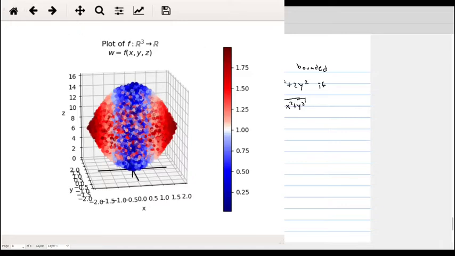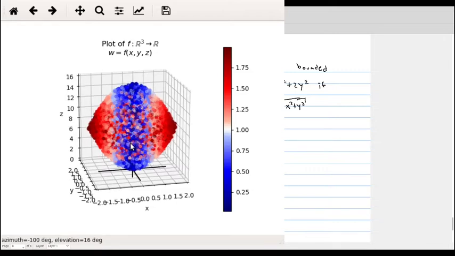And so here we have a plot of this region in 3D. The region that's bounded by the paraboloid 16 minus x squared minus y squared above, and below by the paraboloid x squared plus y squared, with a mass density function of the square root of x squared plus y squared. So you see, if you rotate this around,